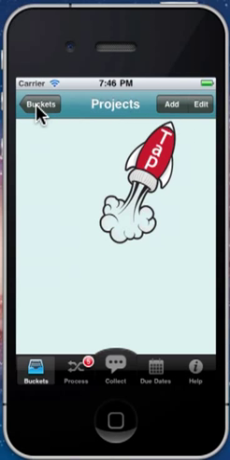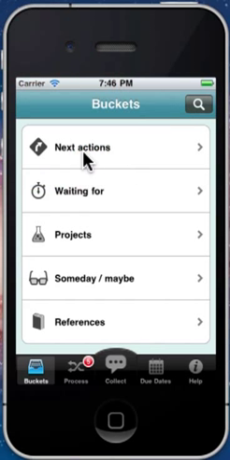Next actions is basically if you've collected something that needs some form of action, something that you're going to do next, then that's where all your stuff will go. Waiting for is if you're waiting for someone to get back to you, say Jane needs to get back to you regarding some information that you told her, or someone needs to contact you regarding that car you inquired about.